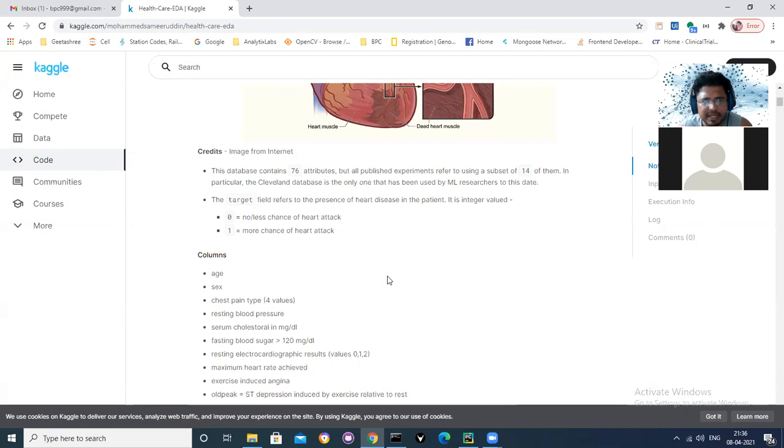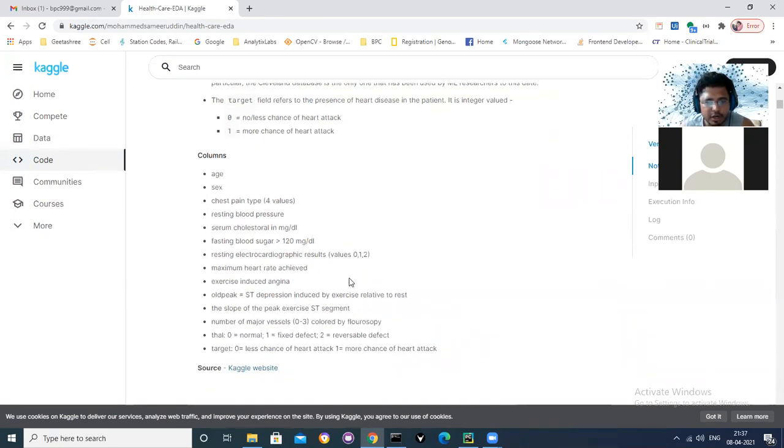Now you may say that this is not my job. I'm a data scientist, this is not my job. This is the job of a doctor, or this is the job of a biologist. No, it is not. You have to have proper understanding about the domain on which you are working. So you have to do a little bit of homework. It's not like you understand electrocardiography in detail, but you understand at least what the values represent, 0, 1, 2, what it represents. That much is important.